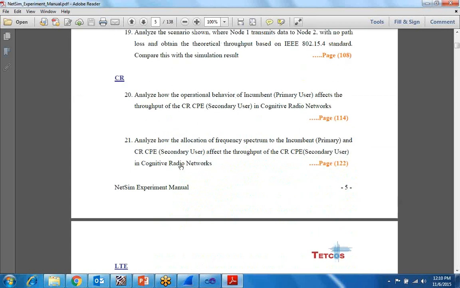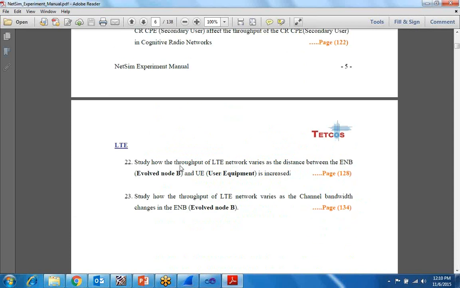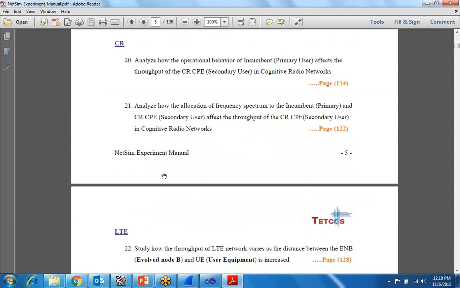Here you can see this is the LTE experiment, and just above is cognitive radio. Cognitive radio and LTE are not in most curricula because they are just 1 or 2 years old, but we have created experiments so that students know about them, and later if they sit for placements, they will be able to talk on the latest technologies. Whatever new we bring, we have experiments available.